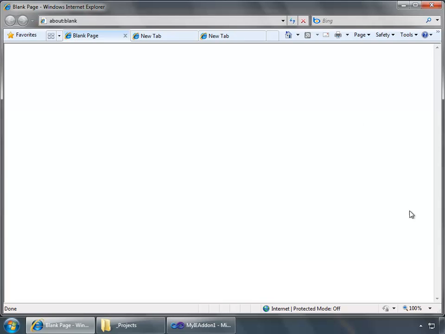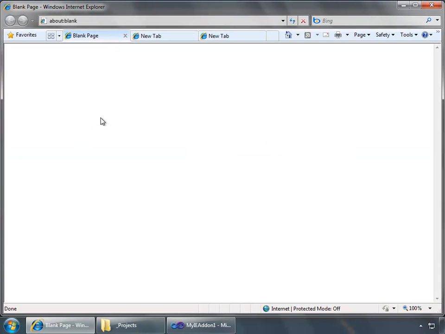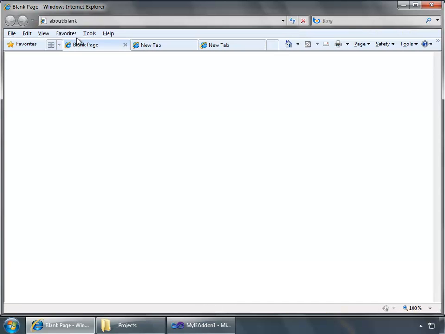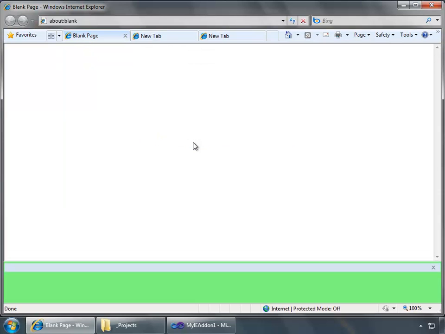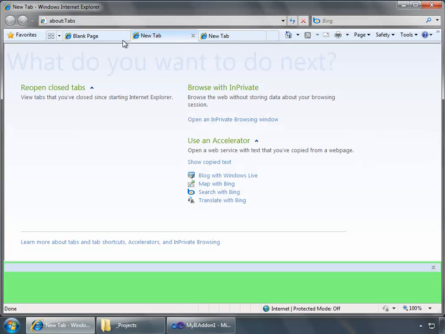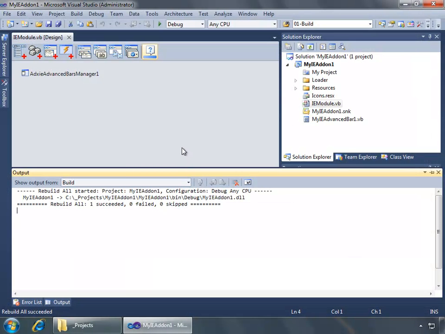Also, if I were to change its visibility to false by closing it or changing it to not display, and then go to the View menu and Explore Bars, we'll see that I have the ADX Advanced Bar Item 1, which was just the default name or default menu text for this item. We see that it'll pop back up exactly where it was when I last saw it, and it'll display across all 3 tabs. So I'll close Internet Explorer